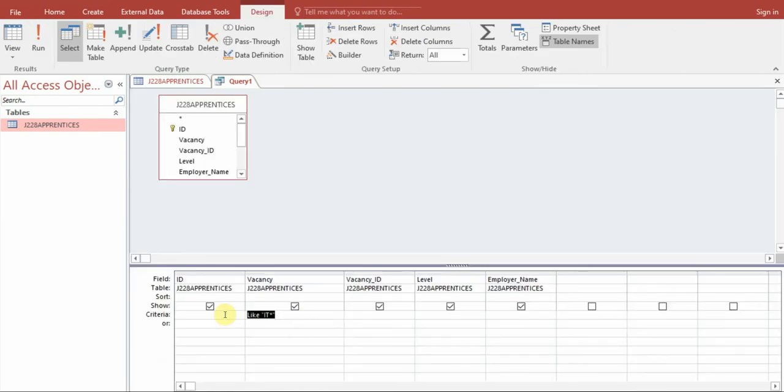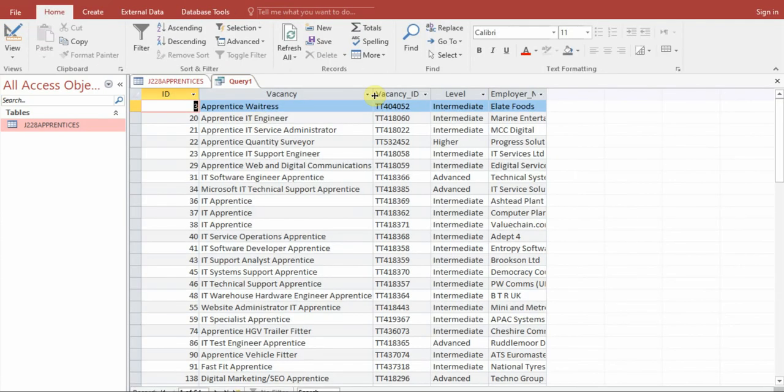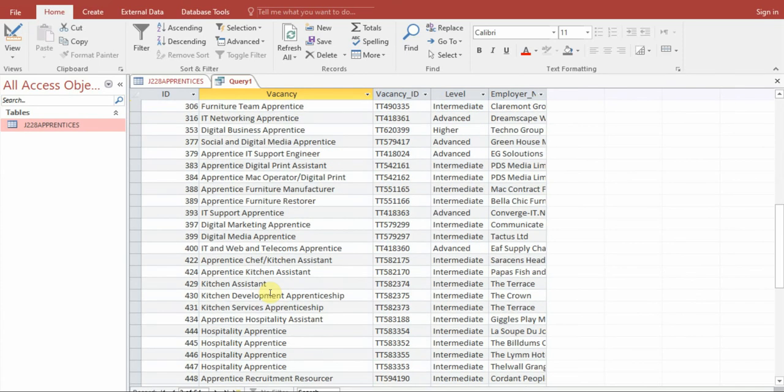Now I'm going to put in there star, IT, and then star. And then that should give us all the fields with IT, whether it's at the beginning, whether it's at the end, or in the middle. Okay, so we can see the results that we've got now. And you can't effectively see the word IT, but if you look closely, you can see there is an IT in the word waitress. So we'll also take out those words as well. So we have IT engineers, we have it at the beginning, we have it in the middle of a word, we have it as a standalone, and this is how we